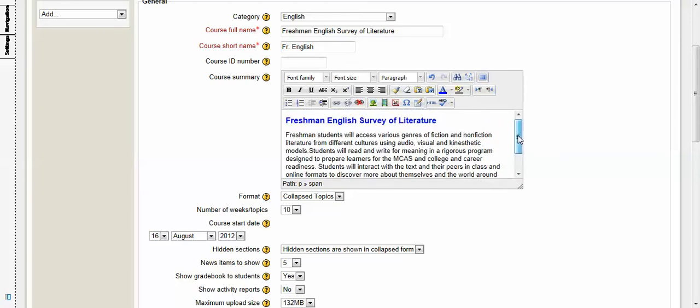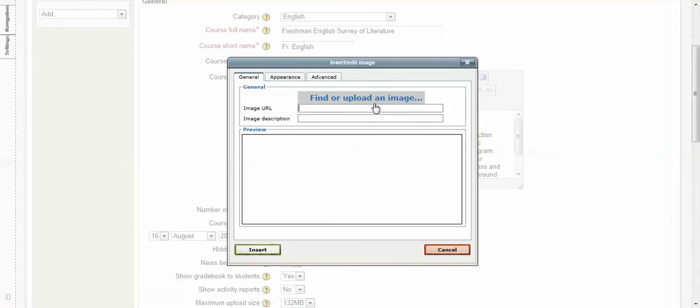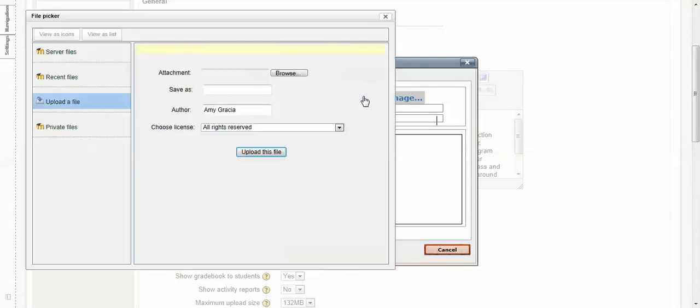What if you want to put a picture? Some people have asked me about that. So you're just going to go into Insert, Edit an Image, and find your image if you have it in the Moodle, your Moodle folder, or if you have it right on your computer. You're going to go to Upload a File, Browse,